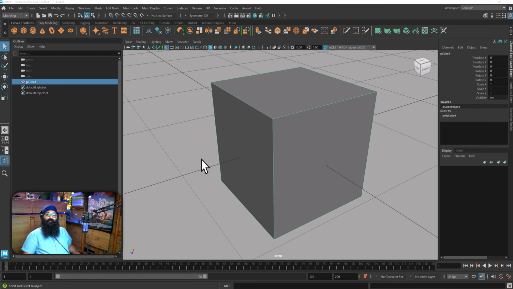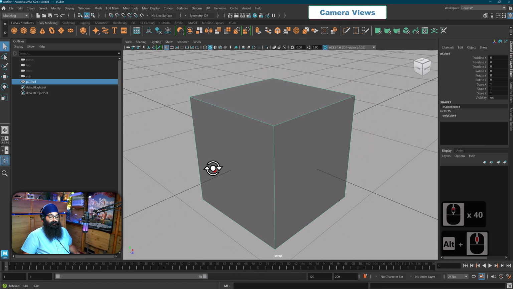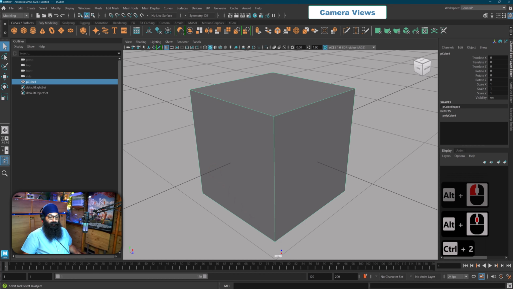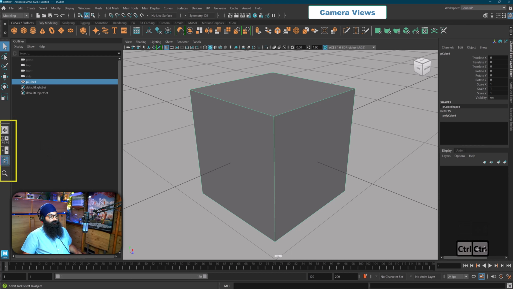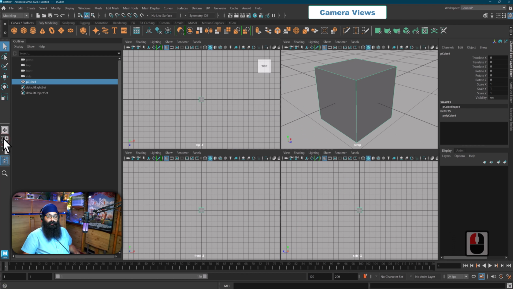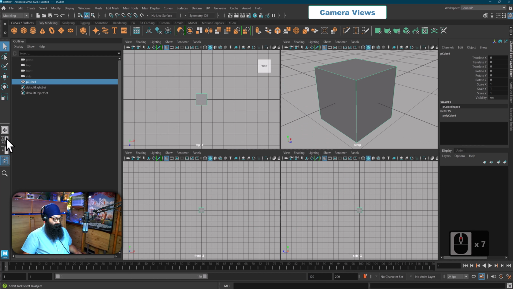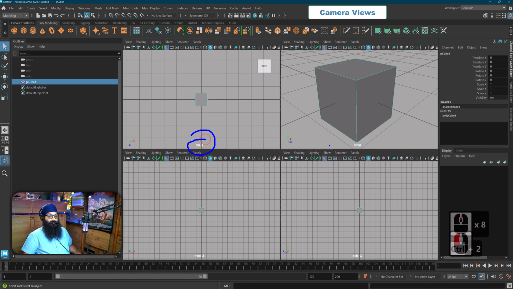On top of that, all the 3D packages also have different cameras. Currently we are only looking at the perspective camera. So if I go down on this side here, you're going to be able to see a toolbox, and we are currently at the first one. Now if I click on the second one, I'm going to be able to see all four cameras here. The one on the top left is the top camera, and this is the perspective camera, and you can see here